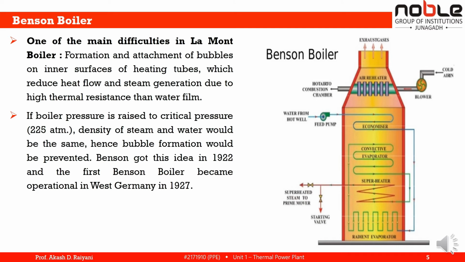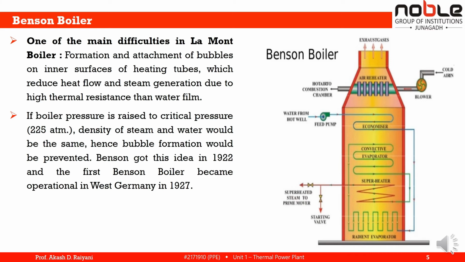You can see from the schematic diagram there are several major components which are air preheater, blower, feed pump, economizer, convective evaporator, superheater, radiant evaporator and lastly prime mover. Its operation is quite simple. The entire process takes place in a single continuous tube